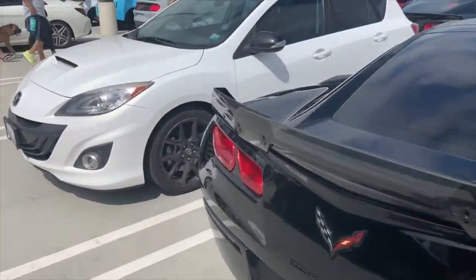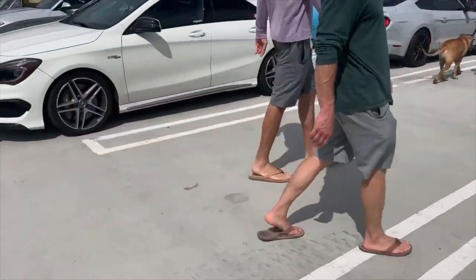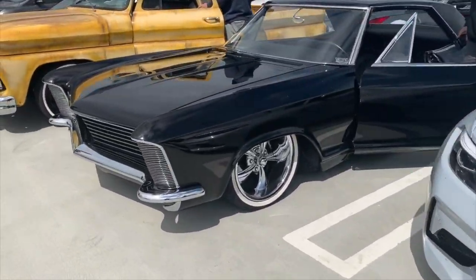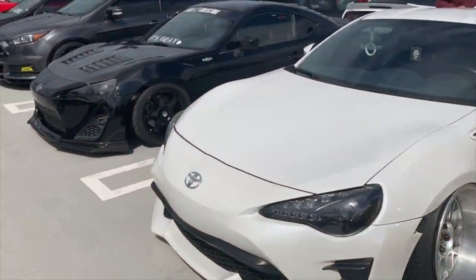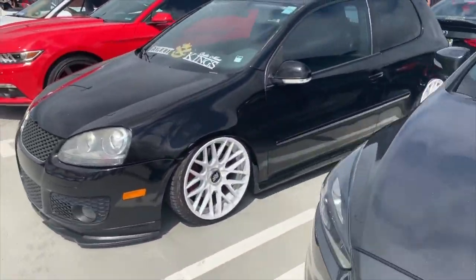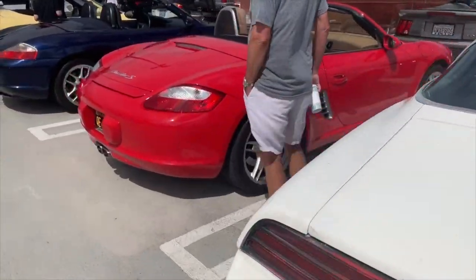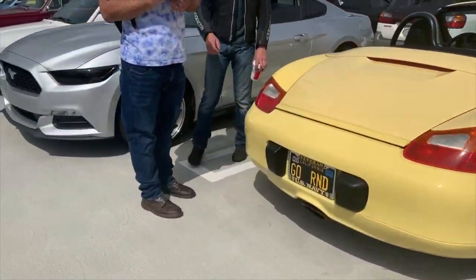Another Corvette there. Mazda Speed 3. Mercedes. And then Aston Martin, beautiful car. Chevy truck, love it. Toyota 86, Scion FR-S, basically the same car. Focus ST, little Golf. Mustang, Porsche, classic Firebird there. It's like a survivor. Boxster, a couple of them side by side, three of them in a row. And then a Mustang,